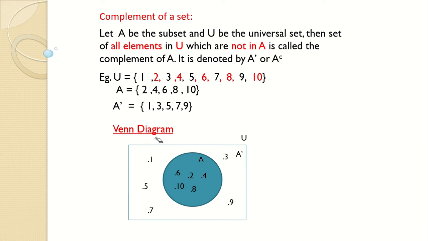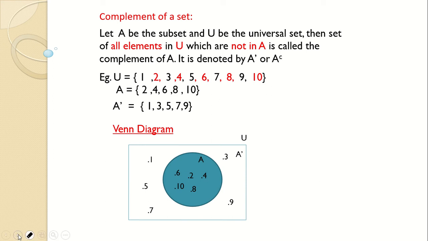Now what is a Venn diagram? There may be a question in your mind. A Venn diagram is the pictorial representation of a set. Here we have represented sets in curly brackets. The same thing, when you represent it in the form of a picture, inside a circle or a rectangle, is called a Venn diagram, and generally the universal set is shown by a rectangle. Instead of a circle you can use a triangle, but generally a rectangle and circle are what is used. Now we'll proceed further.